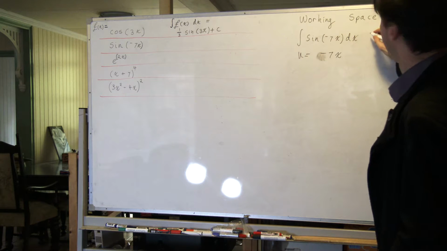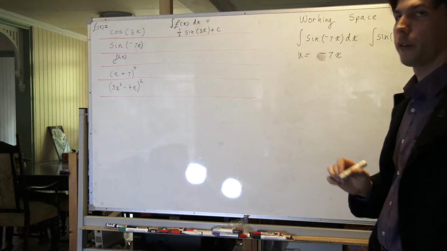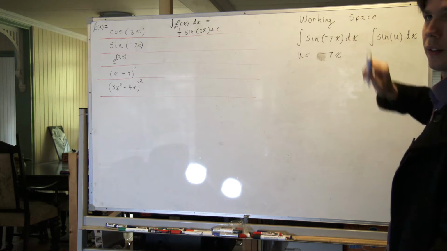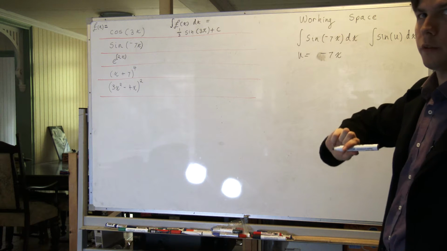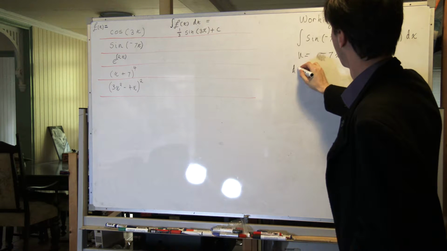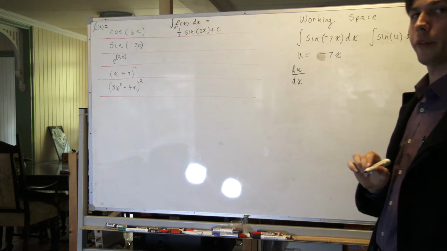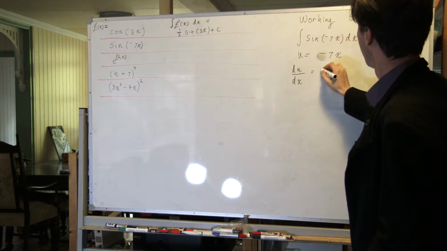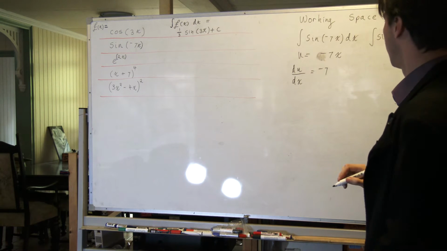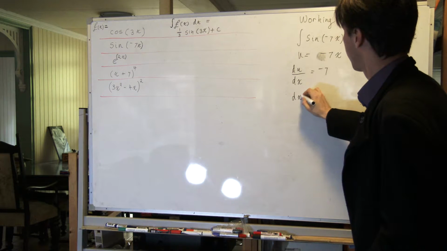and now the integral becomes the integral of sine of u with respect to x. We need to get rid of that dx. We need to change it to a du, so we integrate with respect to u. So I can find the derivative of u with respect to x, and that's negative 7, and then I just rearrange the same way, so multiply both sides